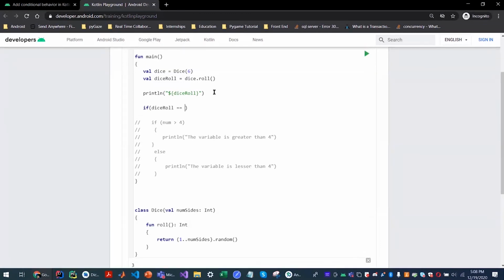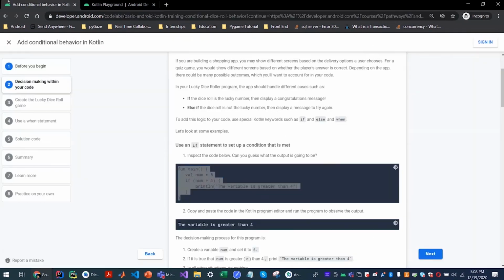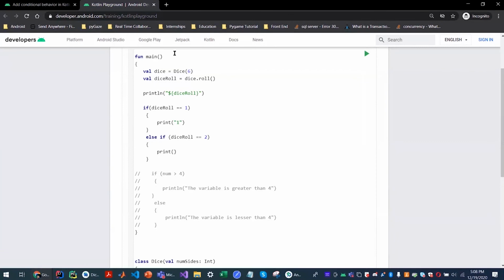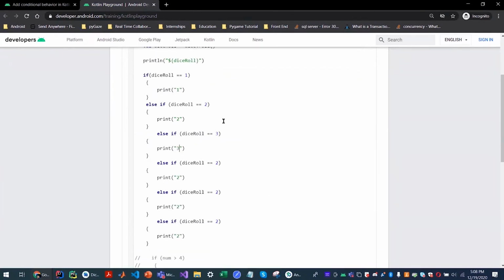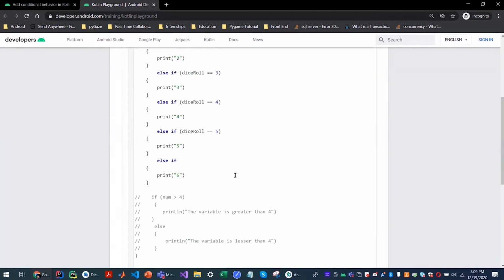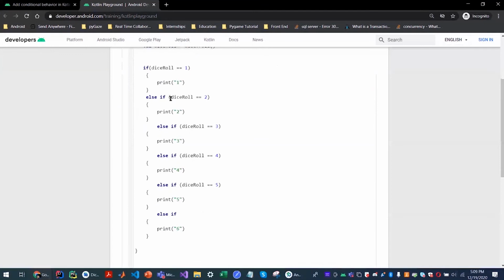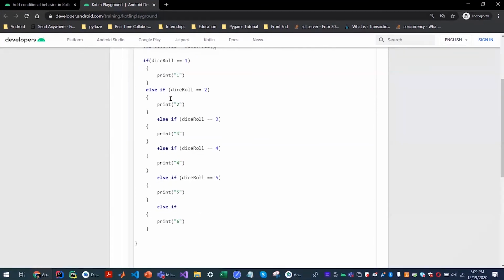I'll explain the code after I write it out. What I'm doing here is getting the value for the rolled dice, and we're checking. There are 6 possible conditions, right? Either you get a 1, 2, 3, 4, 5, or 6.